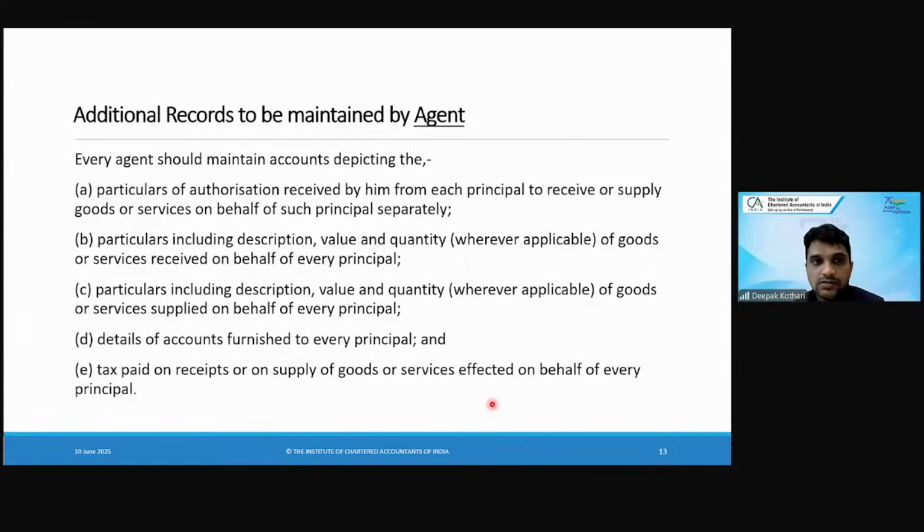Got it? So agent के लिए ये additional records maintain करने पड़ेंगे। One is the authorization, receipt of goods, payment of goods, receipt of goods, supply of goods separately for each principal, then whatever records is giving to the principal, and the taxes paid on behalf of the principal. These are the details which an agent has to maintain। ठीक है।